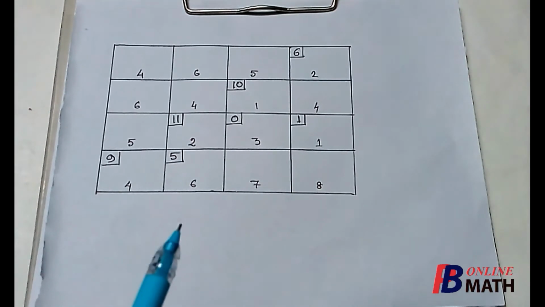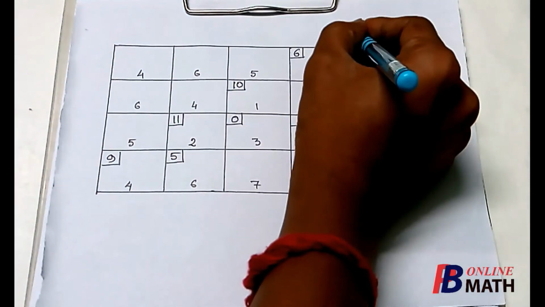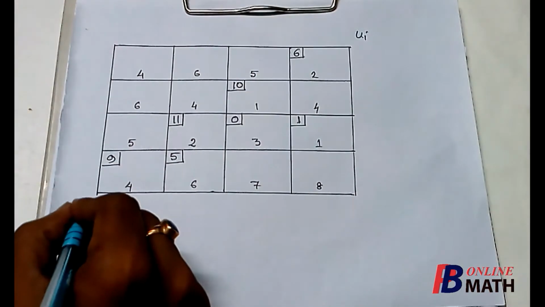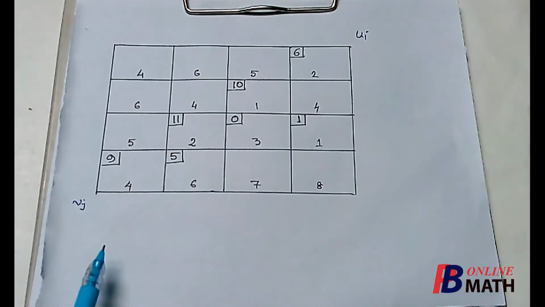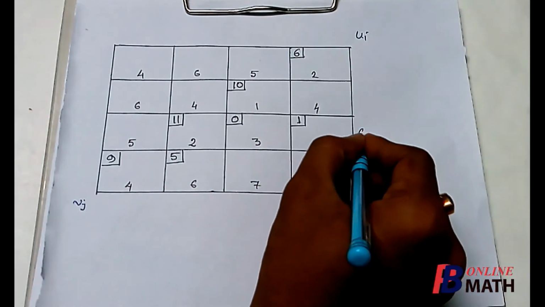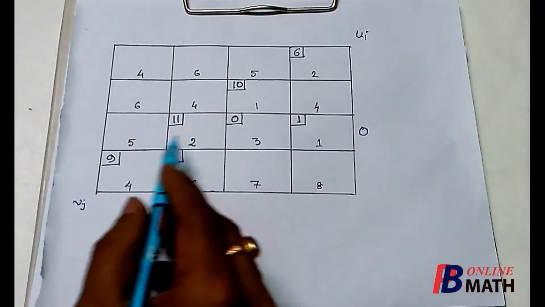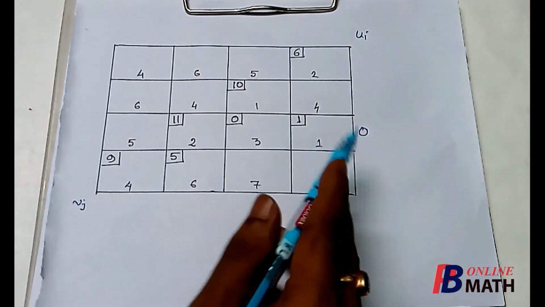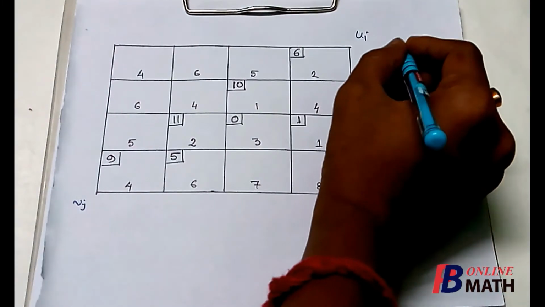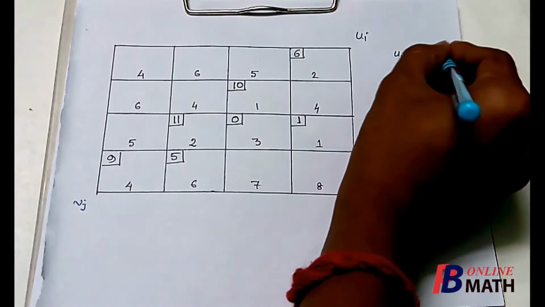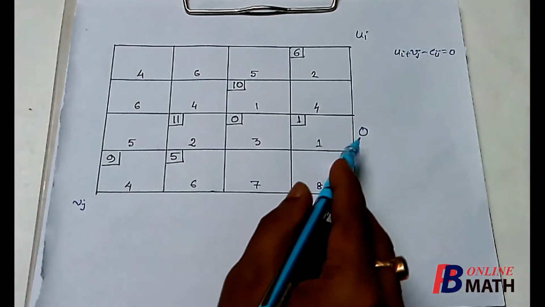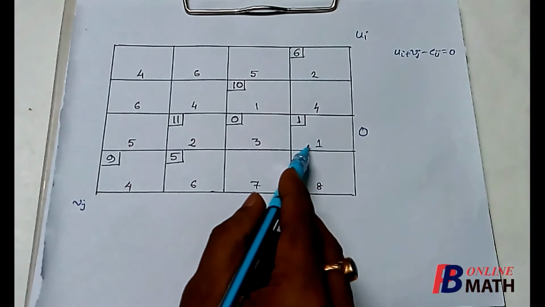Now we have to check whether this solution is optimal or not. For that we shall use the UV method again. So we shall find the values of ui and vj, and out of these 8 values, one will be selected arbitrarily. Suppose we are selecting this value arbitrarily because there are 3 basic cells in this row. So if we select this one 0, then we know that for the basic cell, the formula is ui plus vj minus cij equal to 0. So for this basic cell, ui plus vj minus cij equal to 0.